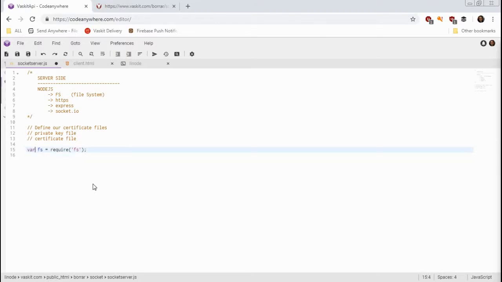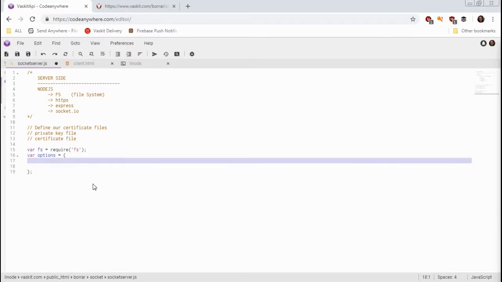The first thing we're going to do is to create an object with all the file system routines you will get from Node.js. Then you're going to create some options here. What are we going to define here as an option? We're going to define two key values. The first is a private key file, where it is located, right? This is, again, your path. And the other one is where the certificate file is